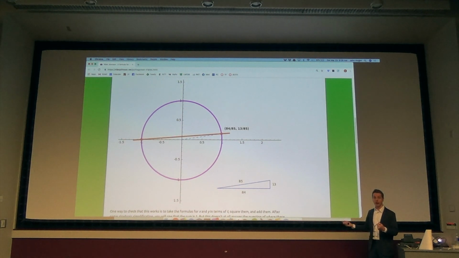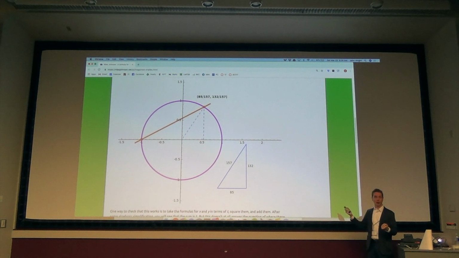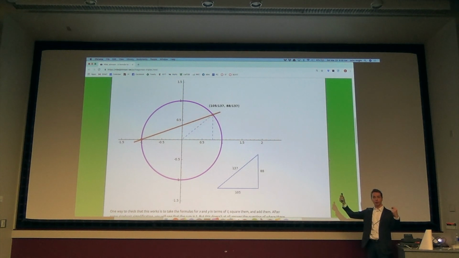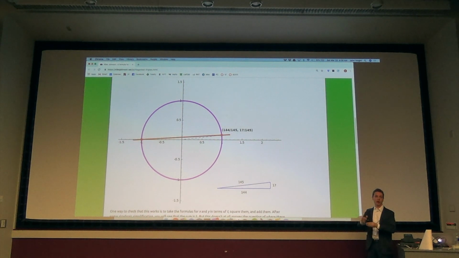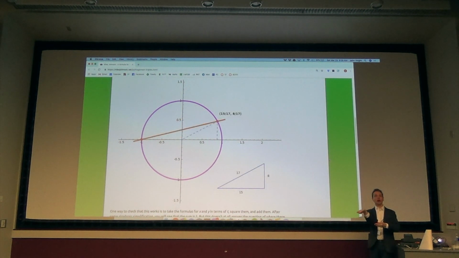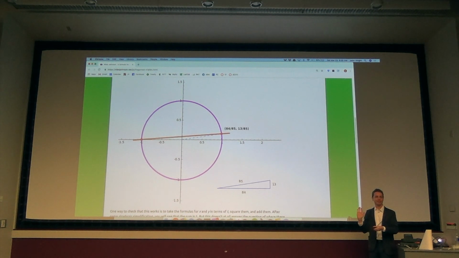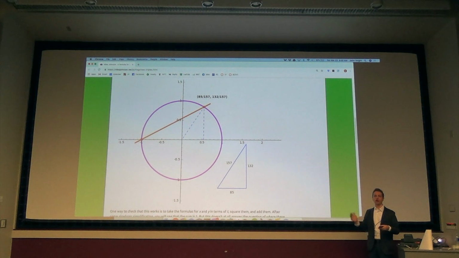Okay, but this goes both ways. If I ever had another point on the circle, I could draw the line between them, and that would have rational slope. So in other words, the way to imagine parameterizing all the points on the circle is just literally parameterizing the sea of lines: you take those with rational slope, and then you get to see all the points. Okay? And that works totally generally.